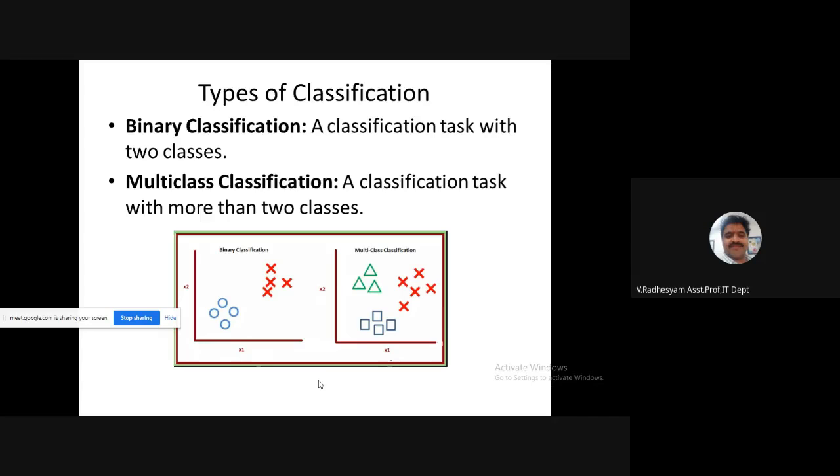Suppose you want to classify customer data. You have customer data with you. The bank person has to classify each and every customer as eligible for a loan or not. Suppose there are three cases in that: whether he is eligible for the loan, not eligible for the loan, or partially eligible for the loan. Three classes are there. So it is multi-class classification. All these are examples of multi-class classification.